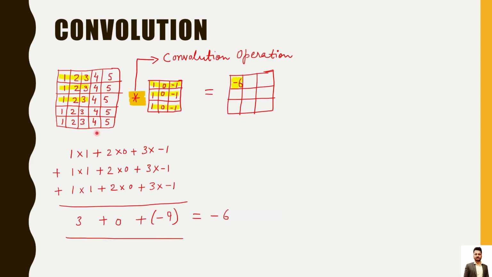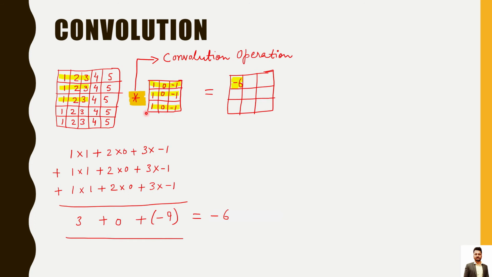Let's say that this is an image, a 5x5 image having the pixel values of 1 2 3 4 5 in each row, and you have this 3x3 filter of 1 0 minus 1, 1 0 minus 1, 1 0 minus 1, and now you want to do the convolution. Convolution is this small process in which you can imagine that we are multiplying each value 1 2 3, 1 2 3, 1 2 3 with the corresponding 1 0 minus 1, 1 0 minus 1, and 1 0 minus 1.